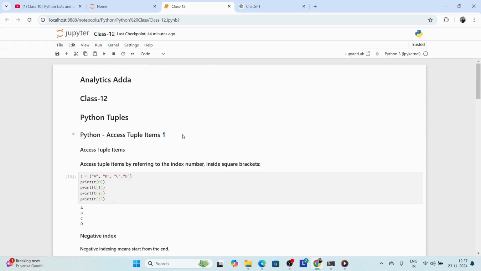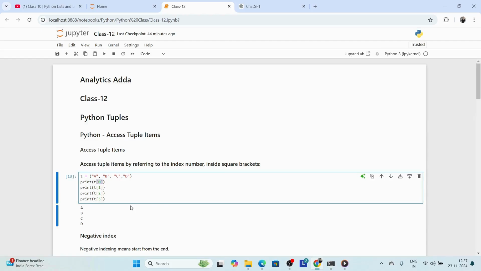So in Python we can access the tuples by using the index number. Suppose if we want to access the tuples in Python, then we can use index number inside the square brackets like this. What is index here, and how we can determine which elements we want to access and what is the index of that element. As we have already known, Python index starts from 0, 1, 2, 3.